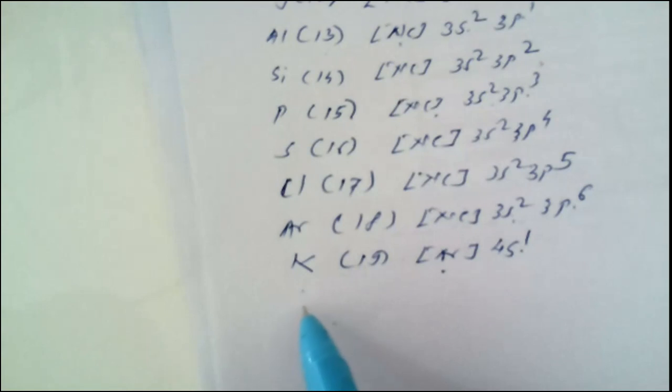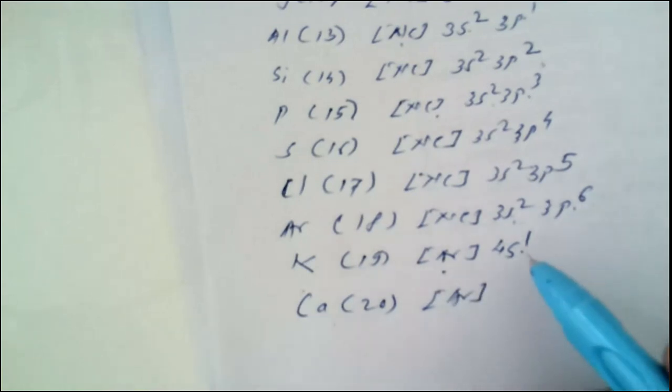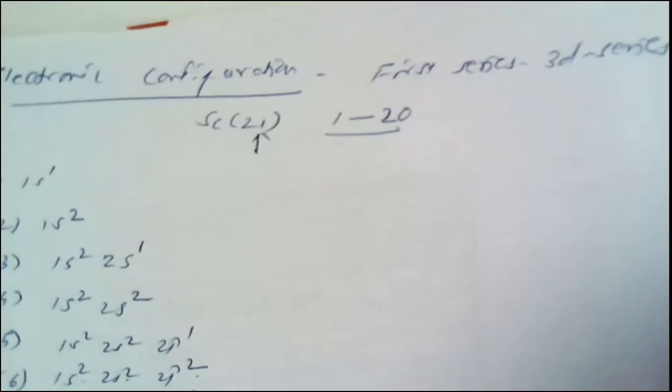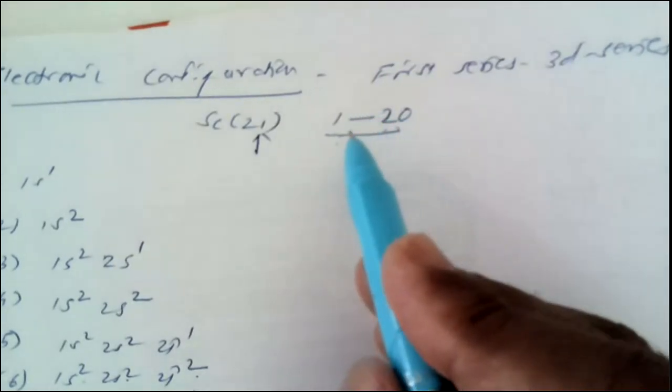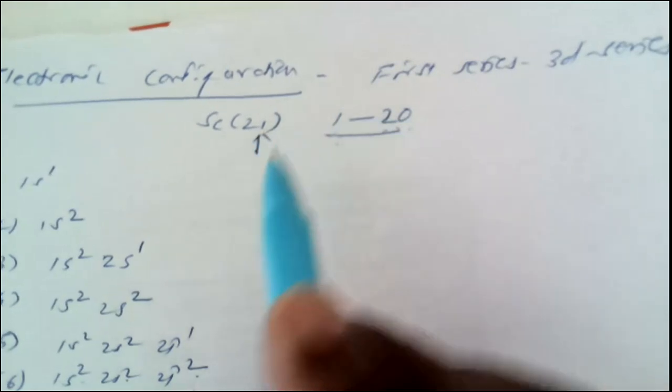Then after potassium, atomic number 20 is calcium. In terms of argon core, we can write this as 4s2. So 18 plus 2 is 20, which is the electronic configuration of calcium. Now up to atomic number 20, we are aware of the electronic configuration of the elements from atomic number 1 to 20. We just have to add one more electron to arrive at the electronic configuration of the first member,